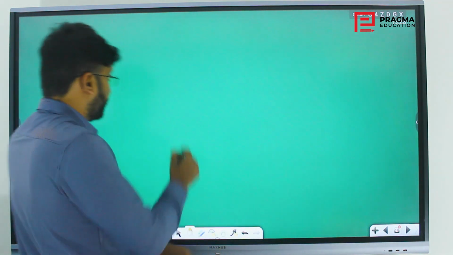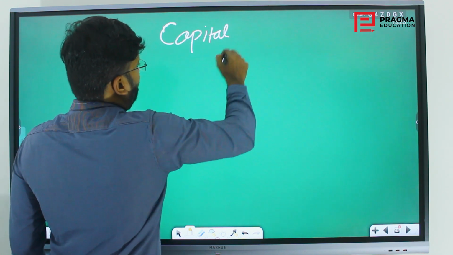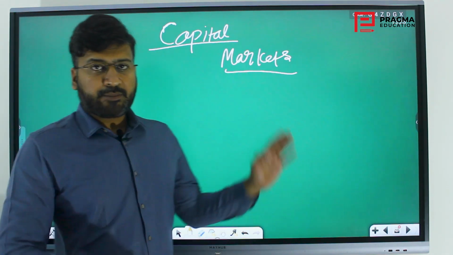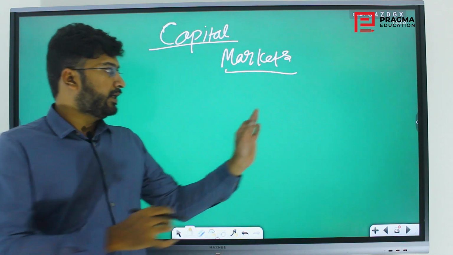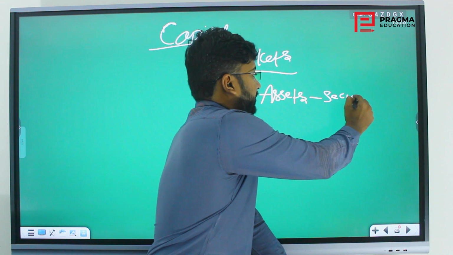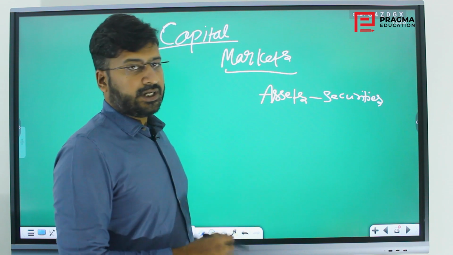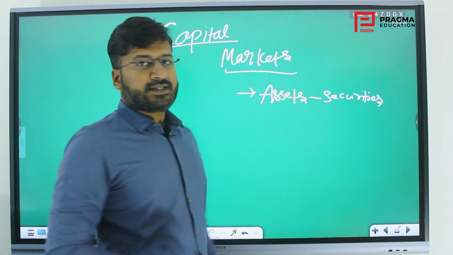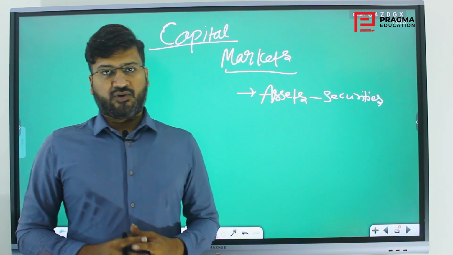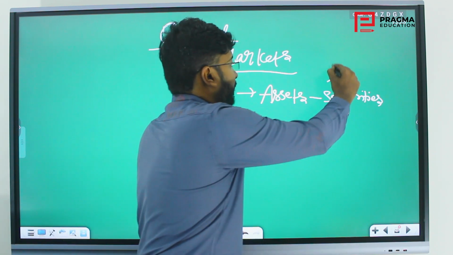Next we will look into the second type, that is capital markets. These are the second type of financial markets that we are looking at, and it is generally in the form of assets, that is securities. So what is a security and what is a securities market, we will be looking at here. It is about these assets. Here the money is not in liquid form or in ready cash form. It is in the form of a few assets, securities, which are